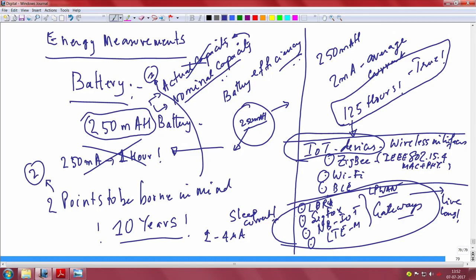That seems to be also true for these LP WAN systems, particularly the NB-IoT and LTE-M, which actually propose that if we are not transmitting, the communication link part at least will be consuming currents of the order of 1 to 4 microamperes, which is very attractive, and which will actually tell you that, hey, then why should I not drive gateways also with batteries? Well, it is possible, but given that gateway systems have to perhaps have multiple wireless interfaces,